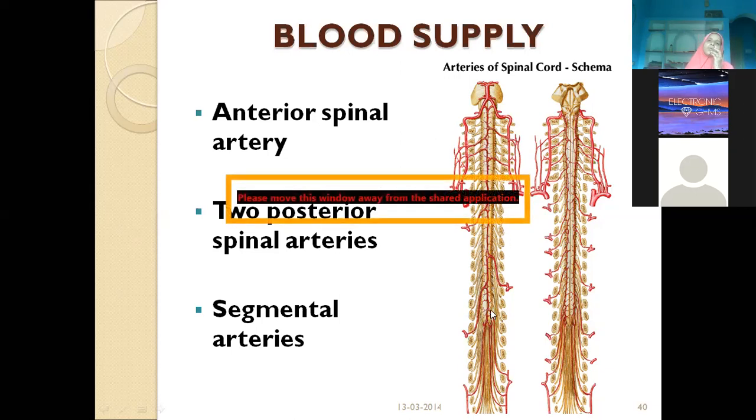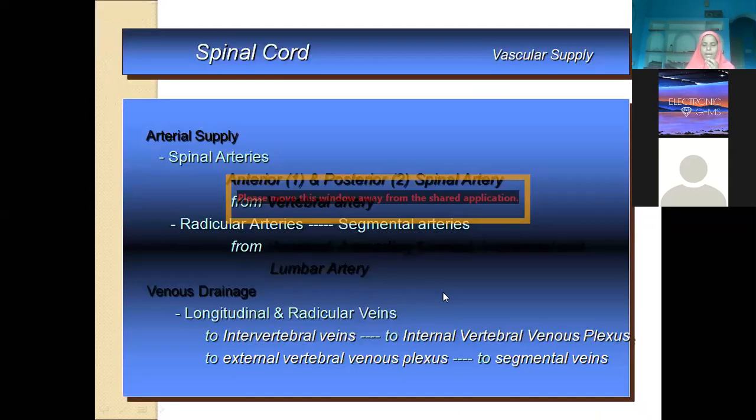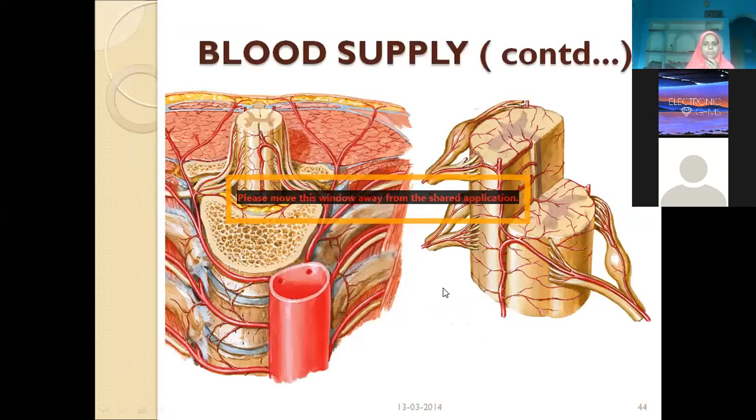Similarly, if you remember, when we were discussing the abdominal aorta, we discussed lumbar arteries and the median sacral artery also. That means nearby arteries contribute, because the spinal cord is 45 centimeters in length, and only the vertebral artery cannot take charge of supplying everything. So whichever nearby arteries are there, they are taking part in the formation of the anterior and posterior spinal arteries. Okay. I hope you got the concept now.